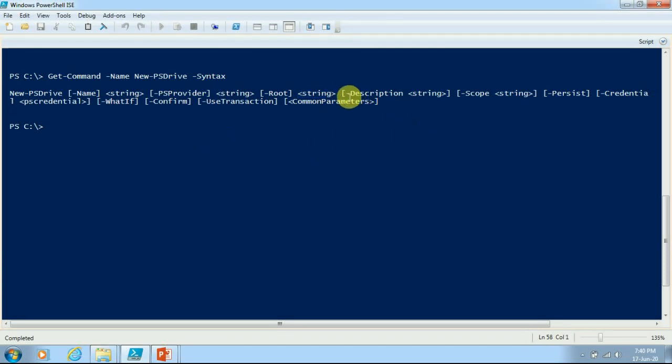After that there are some optional parameters like Description, Scope, Persist, Credential, WhatIf, Confirm and UseTransaction.